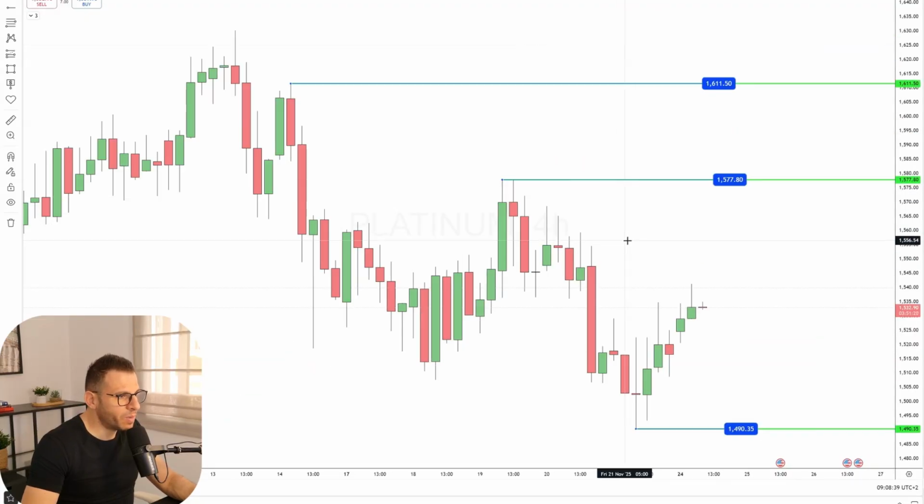On platinum, the price is struggling to push further down. After we see the price making a lower low from this point, from the break of this low, it didn't follow through and the buyers stepped in. However, we can see the spread is so big and it's not the best market to trade on the 4-hour